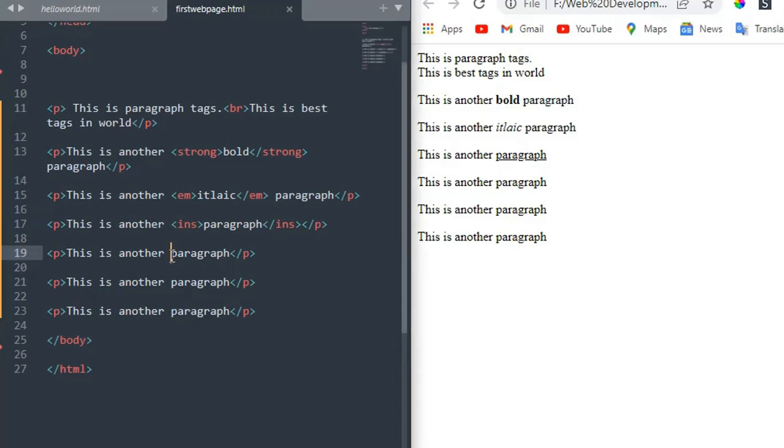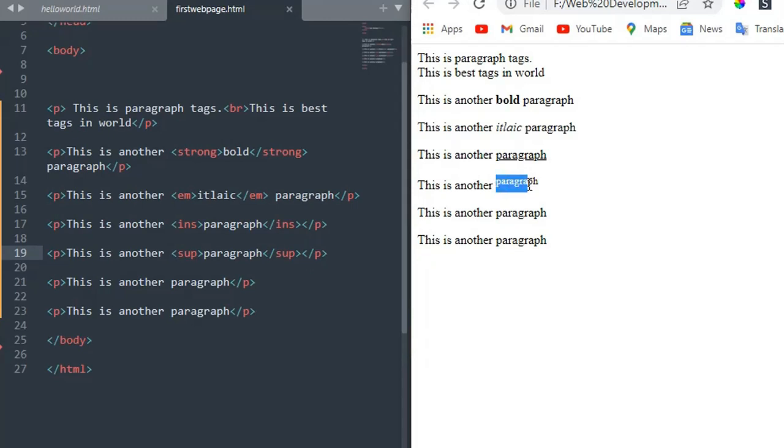The next one is the superscript tag, and here I refresh. So you can see this is the text raised above the other normal text. The next one is the subscript tag that uses sub, and if I write here sub and at the end the closing tag sub, save it and refresh, you can see that text is tilted down compared to other normal text. These are the formatting text